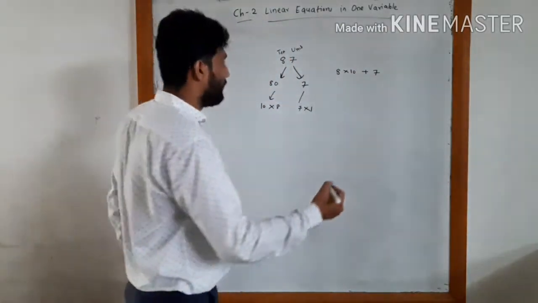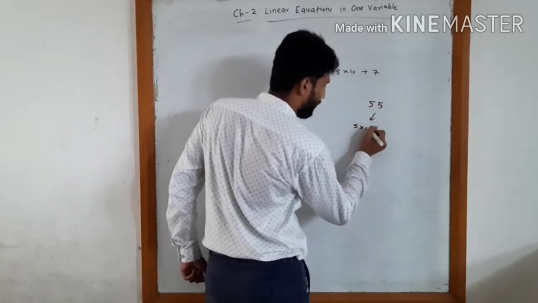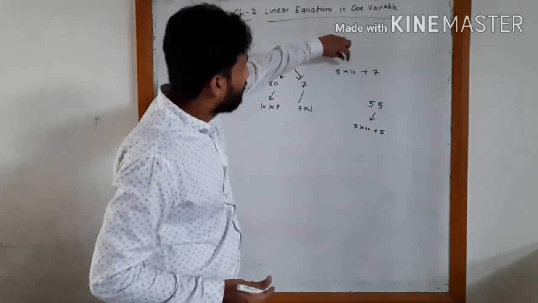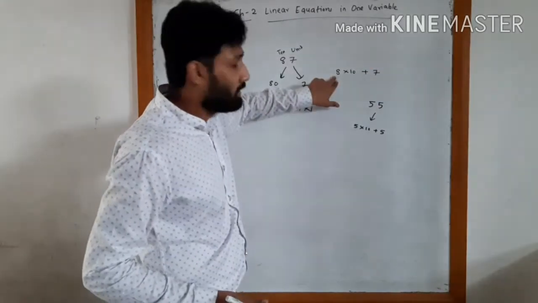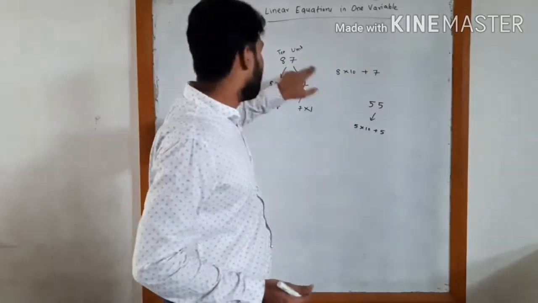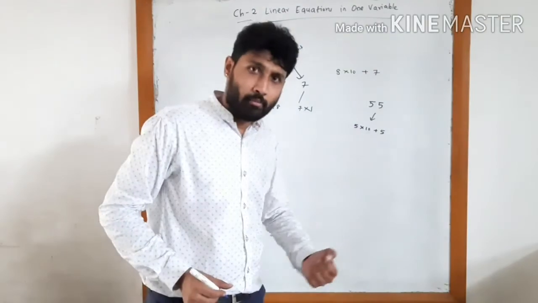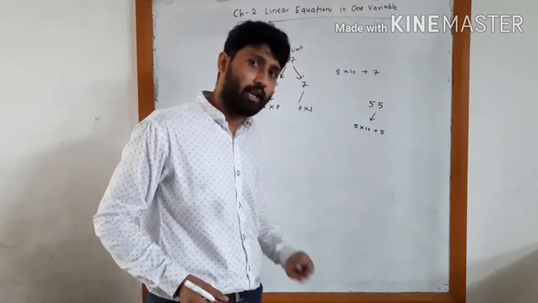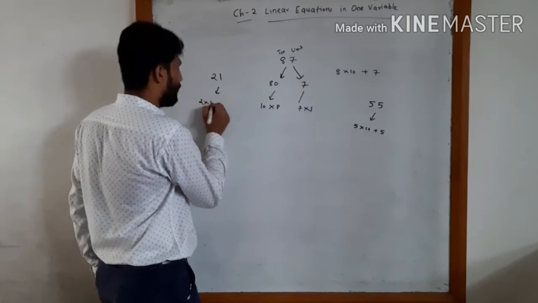Let's take another example. Let's say 55. 55 is 5 into 10 plus 5. Do you see the similarity? We have some number into 10 plus another number, and this number will be the number at the tens place. This number is the number at units place. Actually this is 7 into 1, but we know that a number multiplied by 1 is the number itself. So we do not write into 1, we just write the number. Similarly, if we have 21, we have 2 into 10 plus 1.